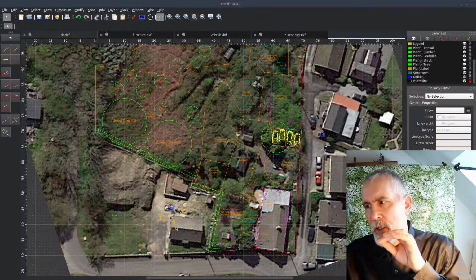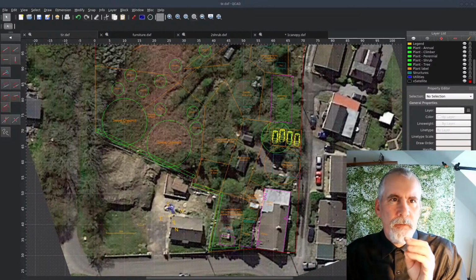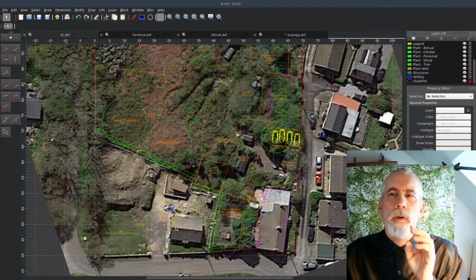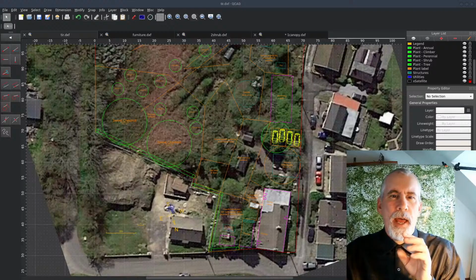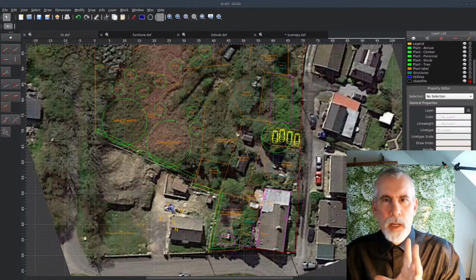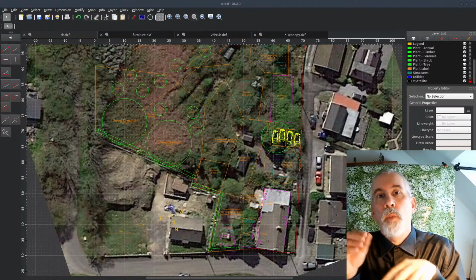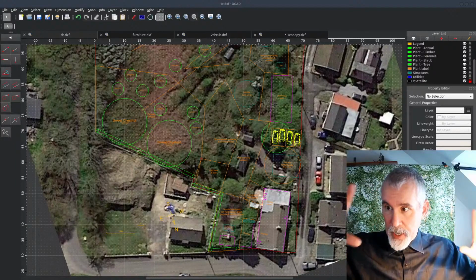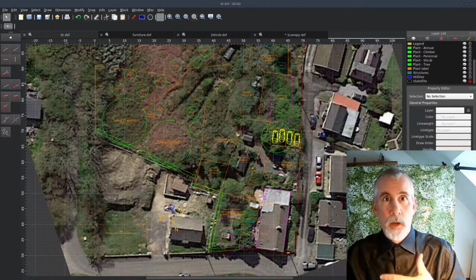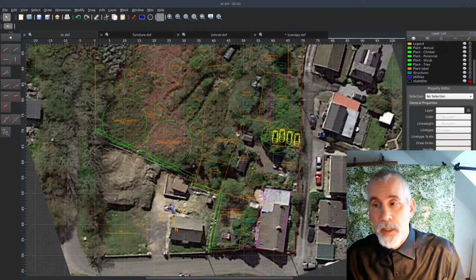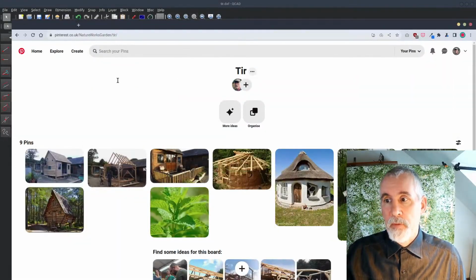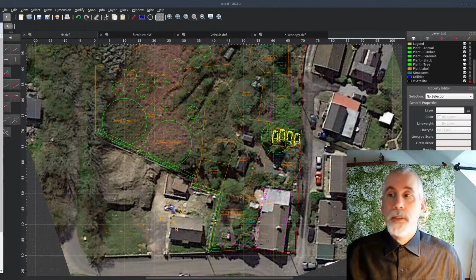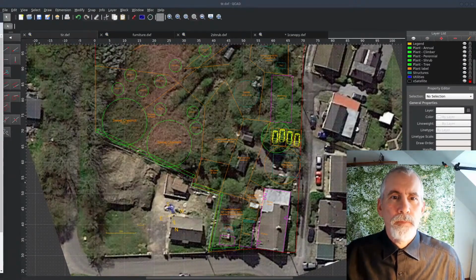There's the images. I have an image for every client, and I've also got a spreadsheet, which is that thing. It hasn't really got any plants on because of the initial stages of the design. You're getting the general idea of what plants are going to go where, without talking about specific species. I've also got a Pinterest page with a couple of ideas on there for the witch's hut. And for the actual site report itself,